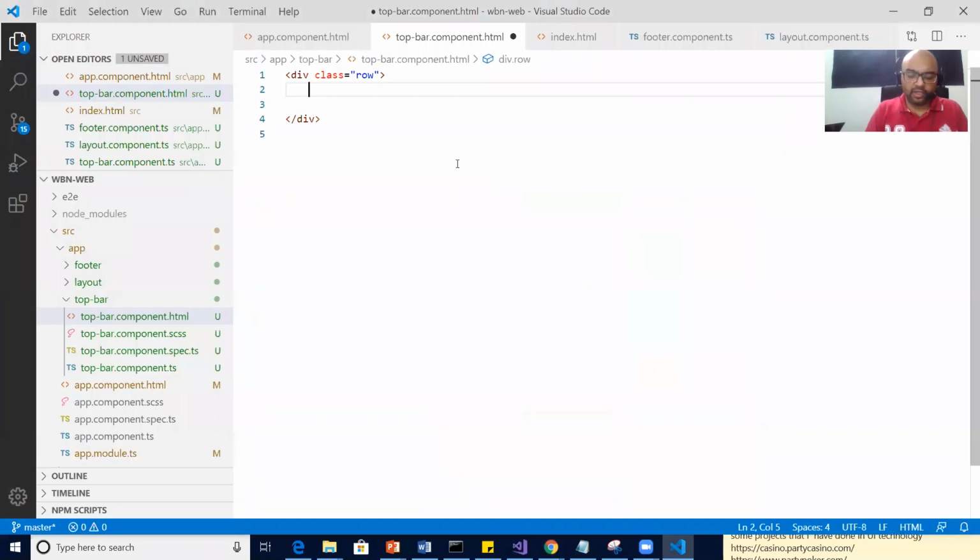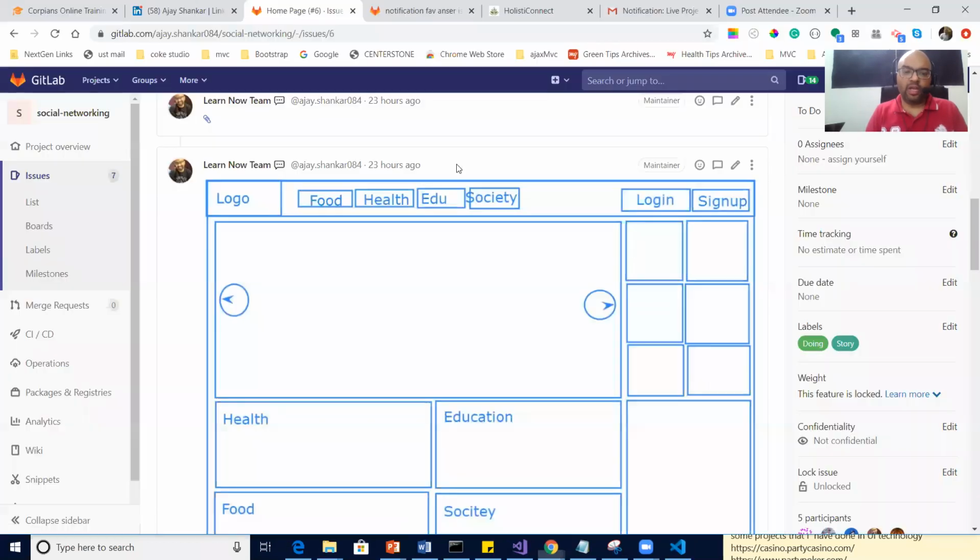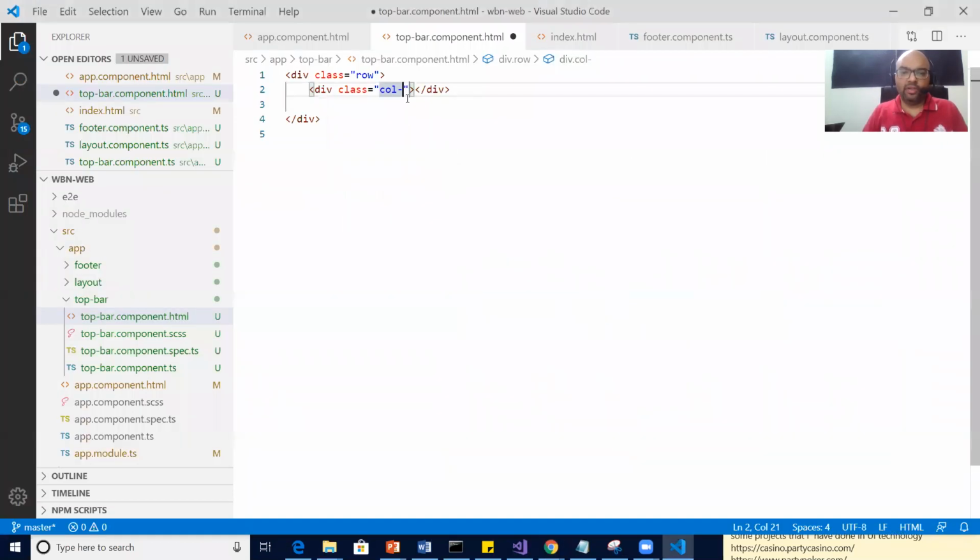Let's do it quickly. So now I can say class col... no, not 12. Okay, here also I'm stuck. I do need basically 3 columns, but I'm stuck.